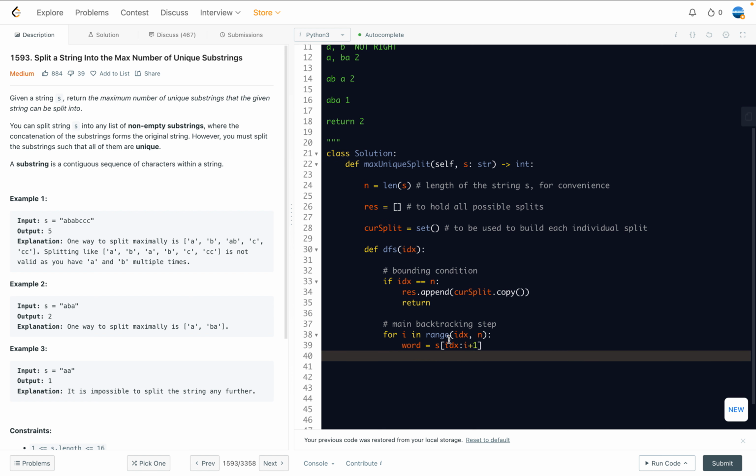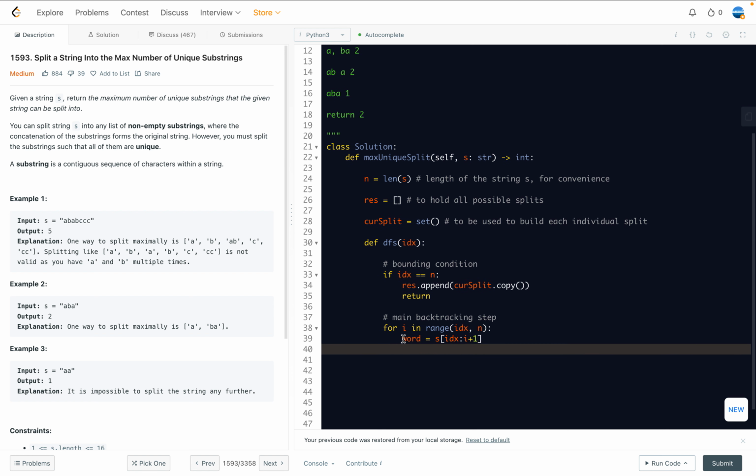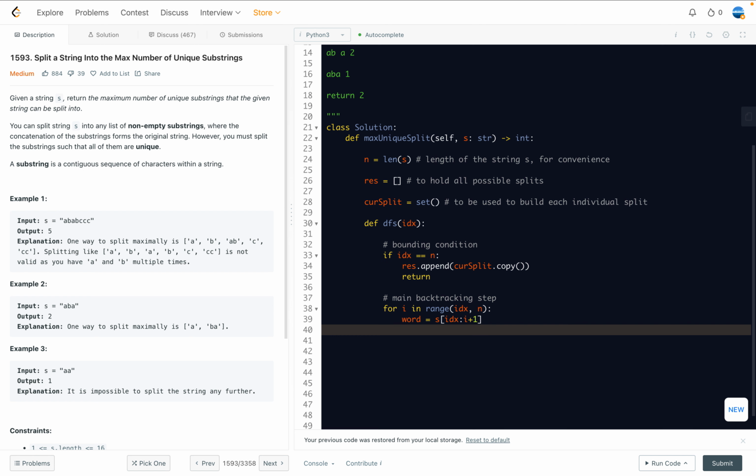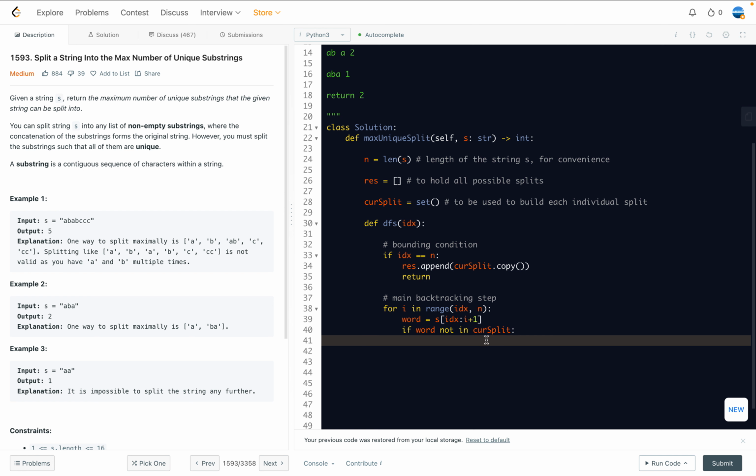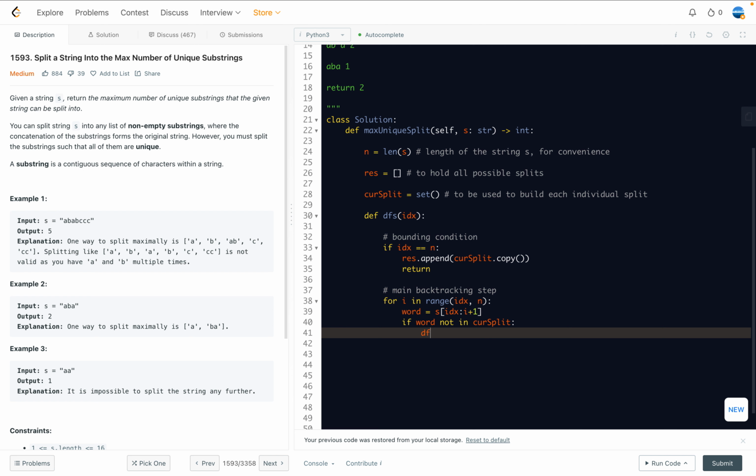This is the word we are going to add, but it's possible that this word is already in the current split set, right? So we want to eliminate that possibility. We can use an if condition: if word not in current split, then we can continue our search. So we're going to do DFS. Because we have used up to I, we are going to start from I plus 1. And